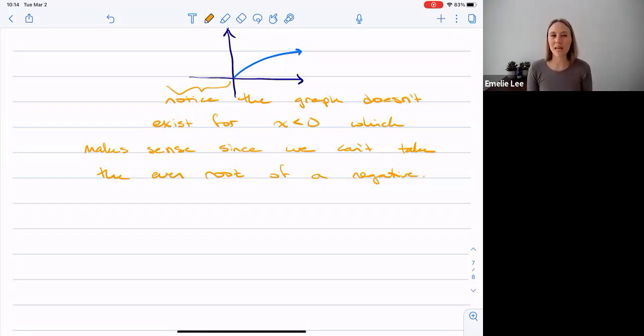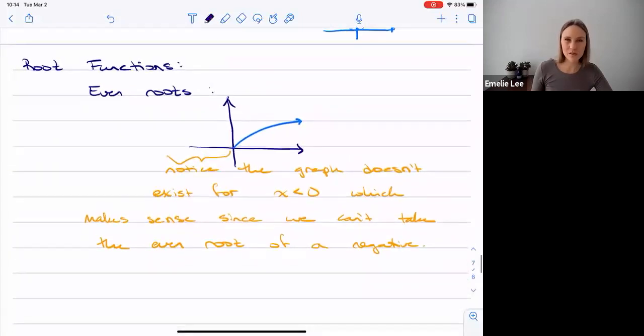So our graph backs up what we've been saying all along, right? And the graph is why we've been saying that. It's because the graph doesn't exist here. And so, okay, well then I need to remove all those values of x because they can't happen. Now for